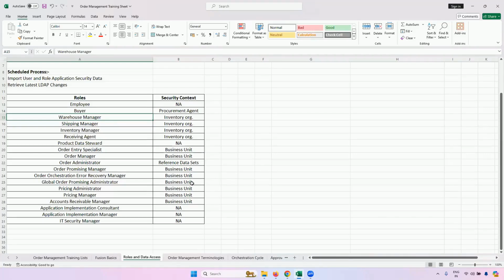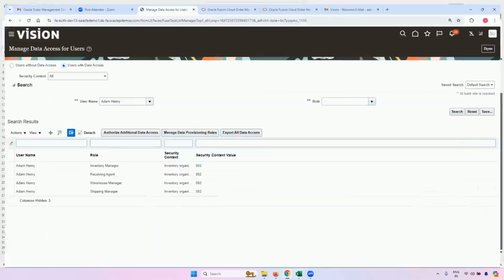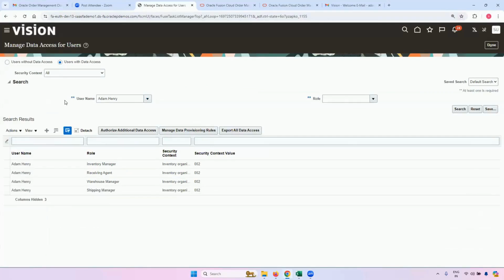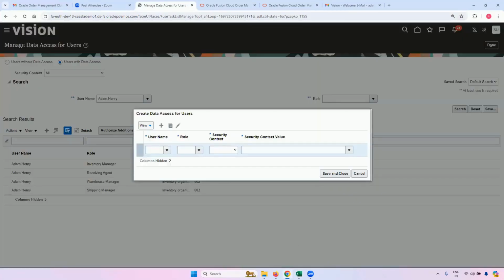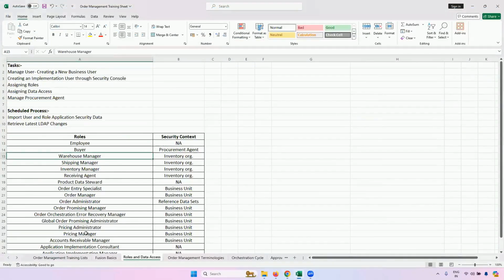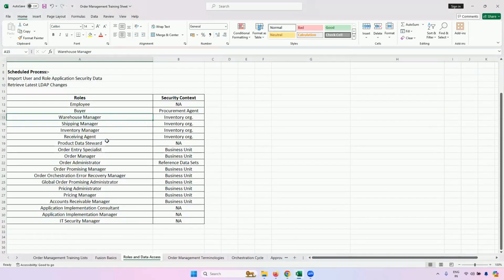Yeah, but when you're starting the implementation project and you want to test out if your particular setup is working or not, then you create a user, and then you assign him all the roles and data access. Okay. Any other questions? Okay, then I will click on plus again. So before implementing any module or creating any transactions, these 2 setups are a must. The roles and data access is a must. This is a preliminary setup.